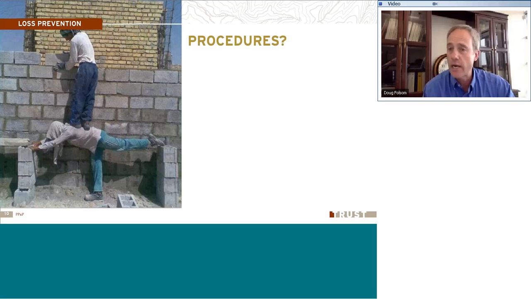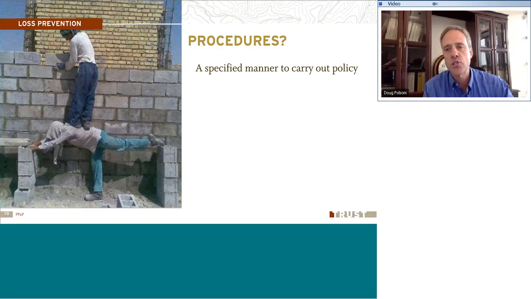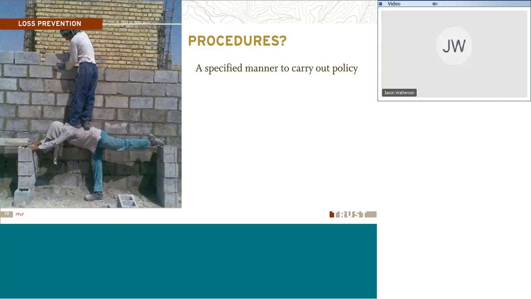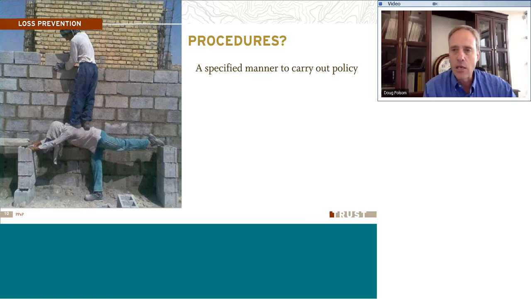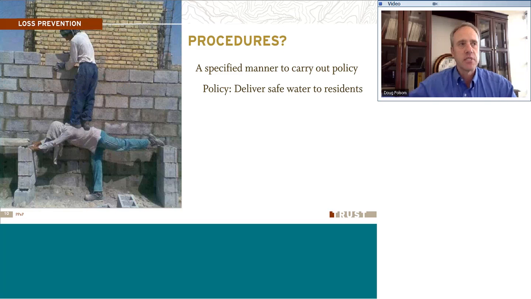Now, outside of your policy, we have procedures. Procedures are something that come into play to help us carry out the policy. How do I accomplish a policy? If I have a policy that says that we are going to be compliant with equal employment laws, then how exactly am I going to do that? The policy statement could be very short, saying that we will provide a workplace that has equal opportunities for all people, regardless of race, gender, religion, whatever you want that EEO statement to be. But how do we actually do that? That's where we need to look at a procedure. It helps us carry out that policy in a specific way.